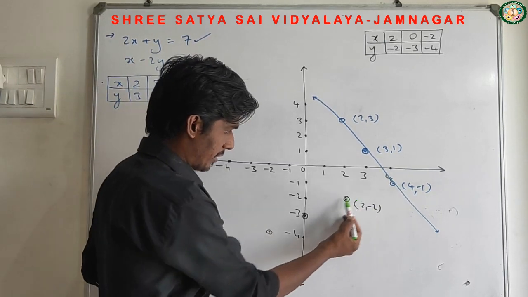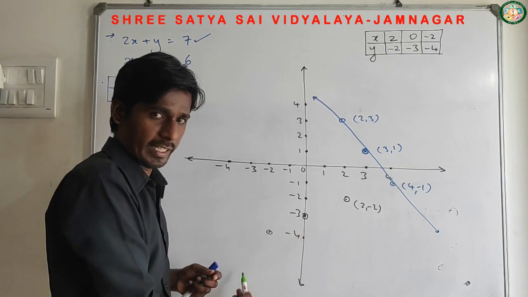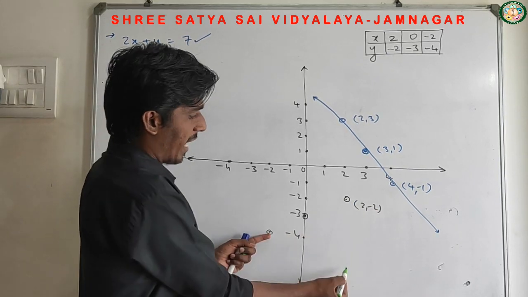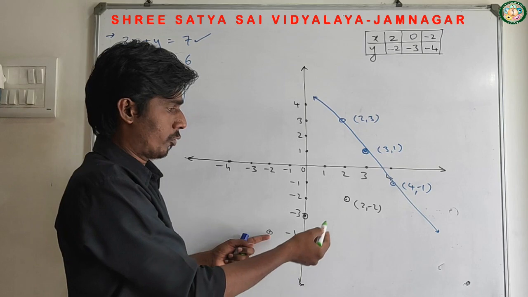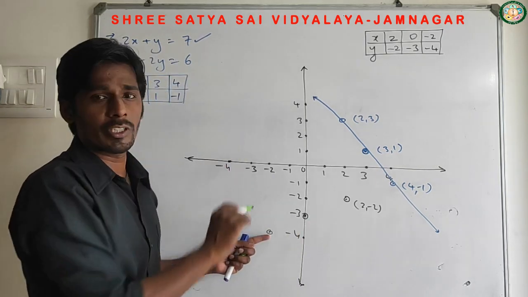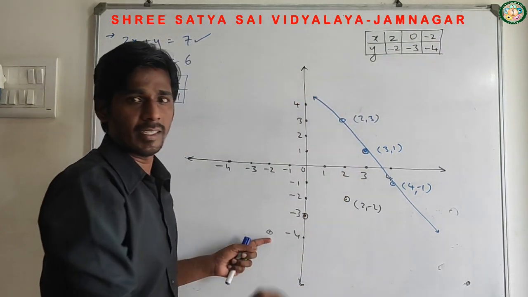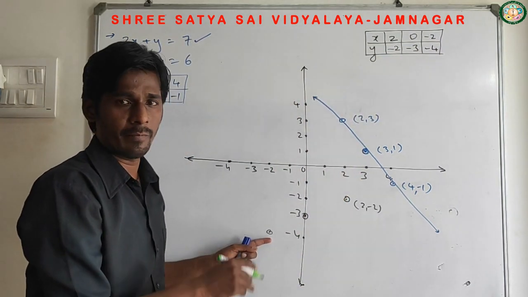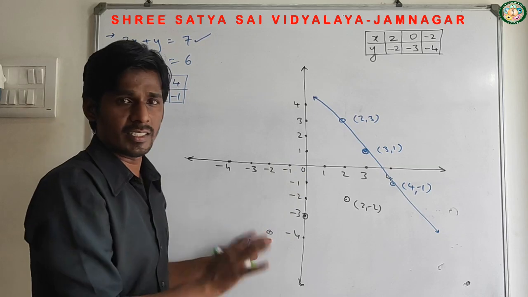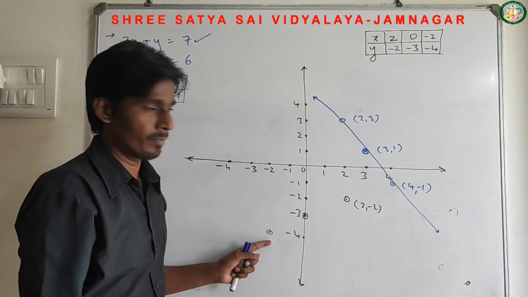So if you look at this roughly, we can get a straight line here. Definitely we are going to get it. If I get this point somewhere here or there, then I have to understand that some solution of mine is wrong. If you got some solution wrong here, you will never get a straight line. If we get a straight line, then definitely your plotting is correct and your solution is also correct.